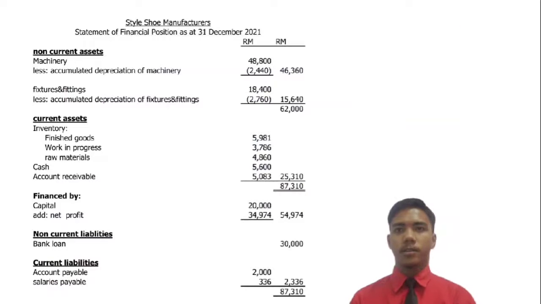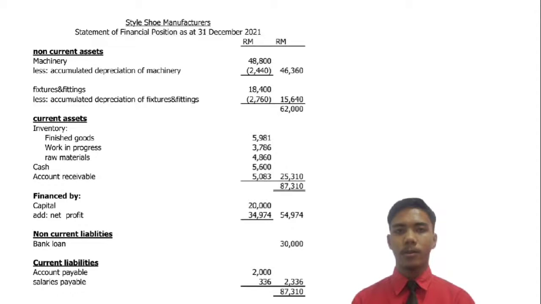Statement of financial position. And lastly, for the statement of financial position. In this statement, we have non-current assets. We have two non-current assets, which are machinery and fixtures and fittings, both of which need to be reduced by their accumulated depreciation. And then we have current assets, which are inventory, cash, and accounts receivable. For inventory, we have finished goods, work in progress, and also raw materials. And we will get the total of 87,310